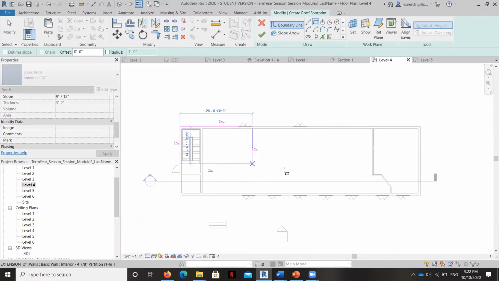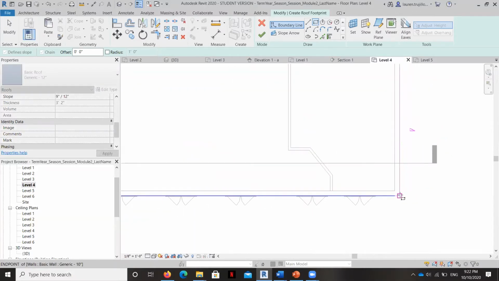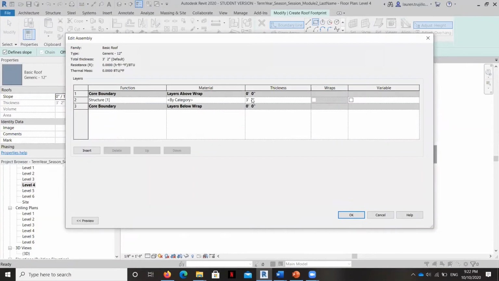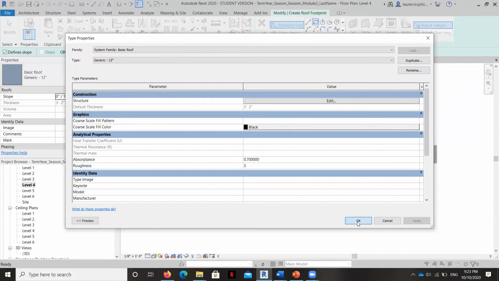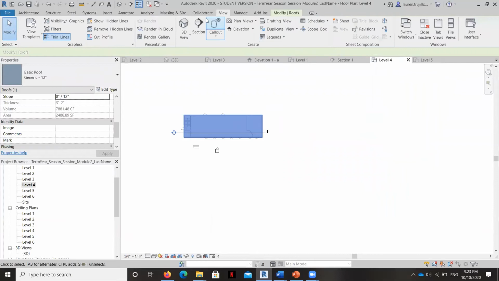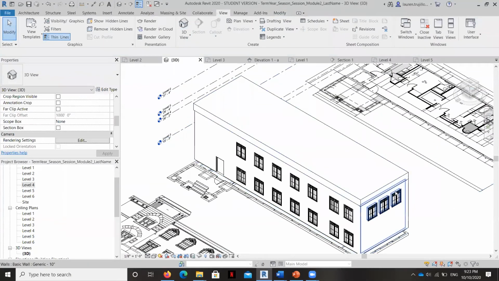And you can see here the slopes are showing, and I'll show you what those represent in a second. There is no slope in our roof, so we're going to do 0/12. That's how you indicate that there's no slope because this is just a flat roof. And we'll go to edit type to the structure. Yours will probably say 12 inches here, so go ahead and just select it and put 3 feet, 2 inches or 34 inches or 38 inches, and it'll correct. Once we have that, you just hit OK. We're going to check that box. And here is the most boring roof in the world.